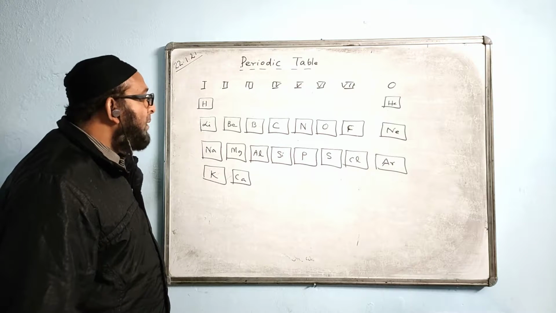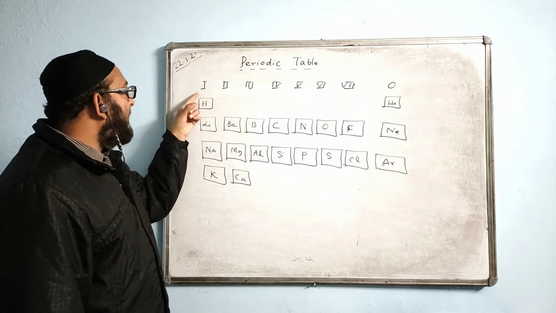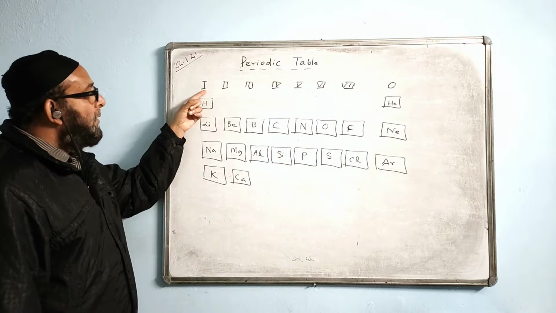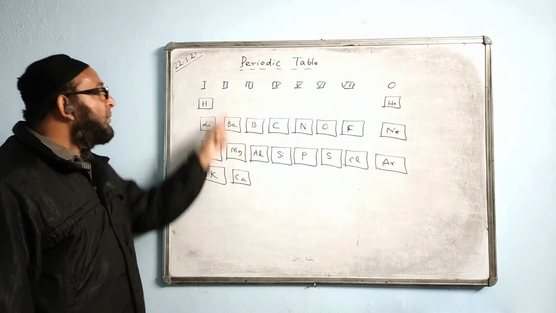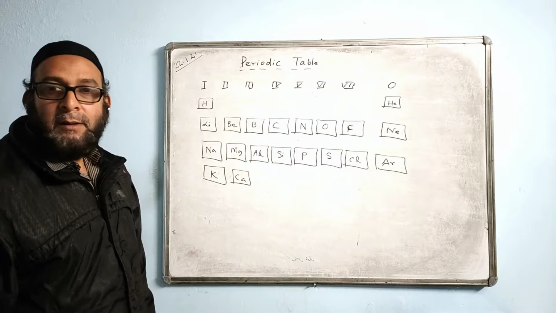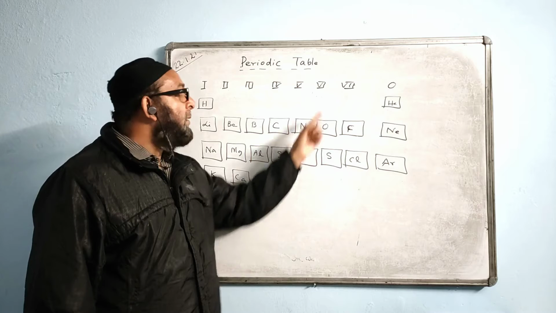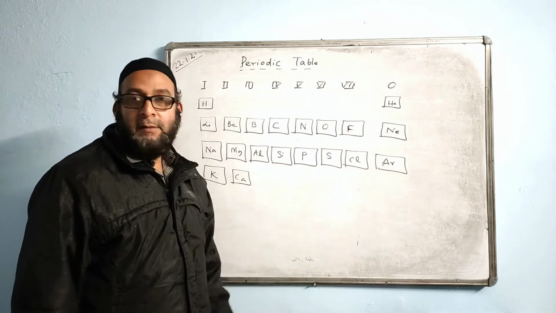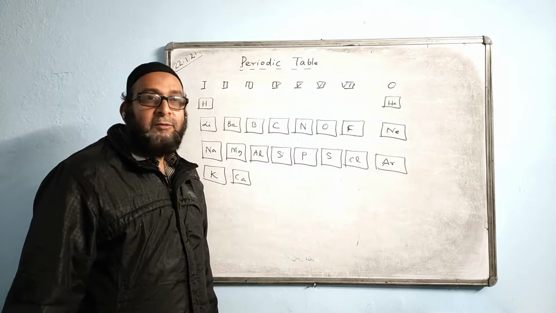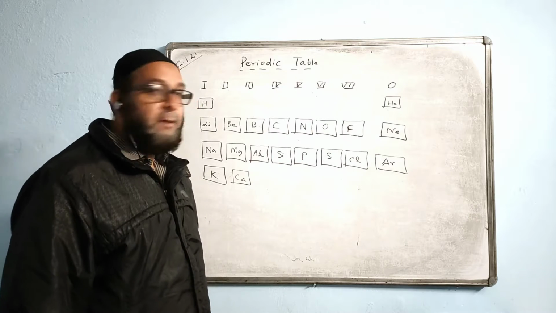Okay, hydrogen. Just keep in mind, it will not come. Group 1, all the metals, how many electrons do they contain in the last orbit? 1. Group 2 has 2. Group 3 has 3. Then 4, 5, 6, 7 in the outermost orbit. And group 0 has 0 electrons, that means their orbit is complete.